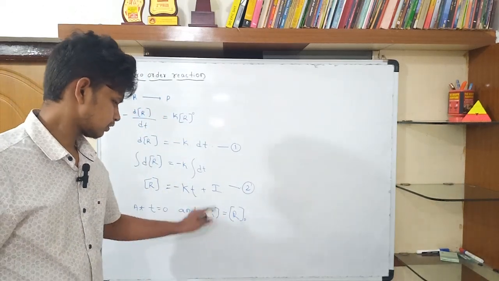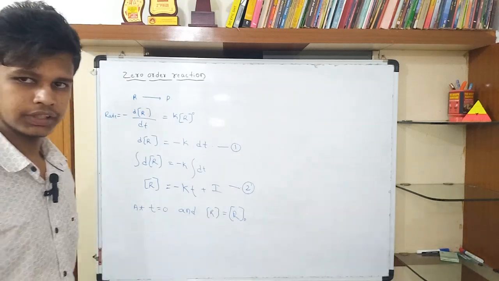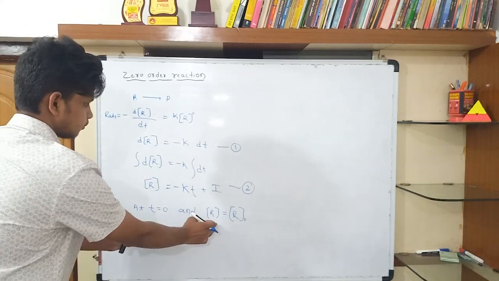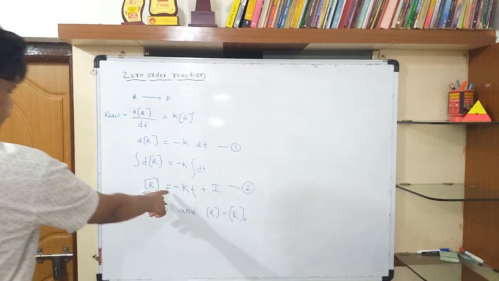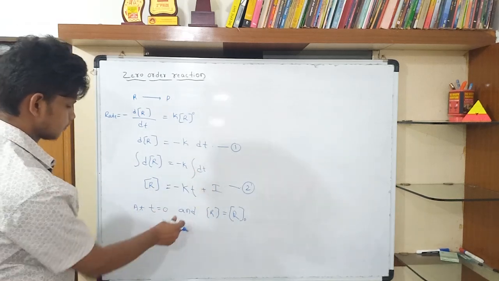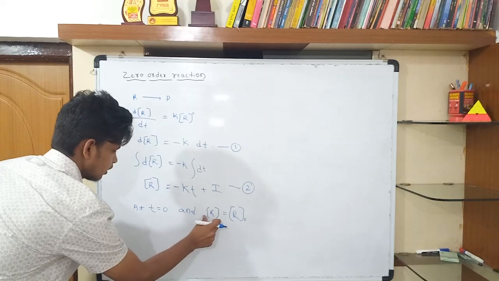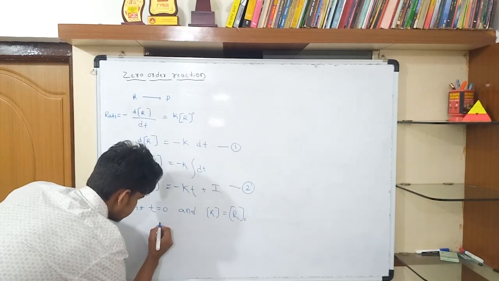After that you have to substitute these two things in the second equation. After substituting these values, R means R naught, the initial concentration of reactant,